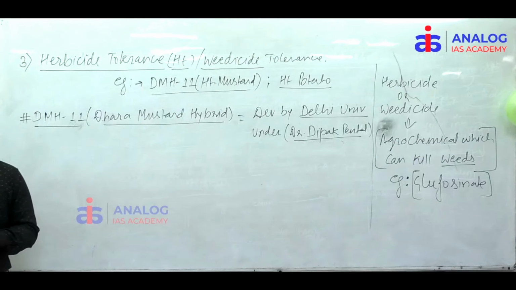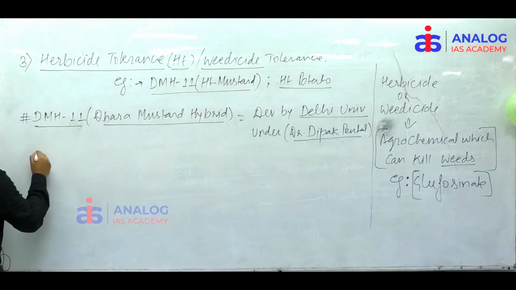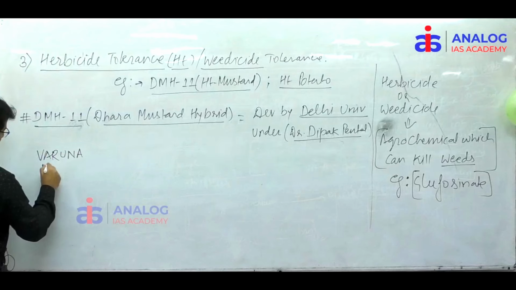Which mustard do we grow today, right? That is Varuna, the mustard variety that we are growing right now in our crop field. That mustard is known as Varuna, right? So Varuna is a mustard variety that we grow. So let's say that is Varuna. So Varuna mustard,